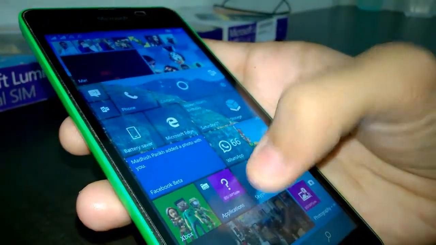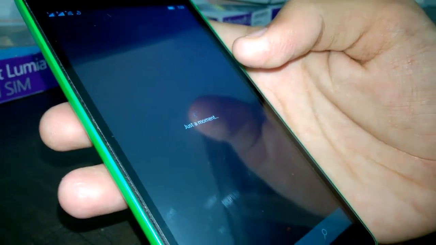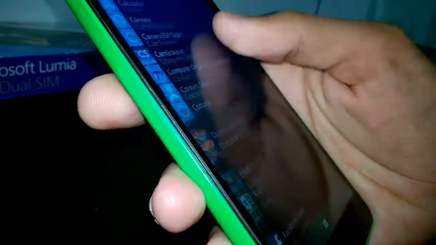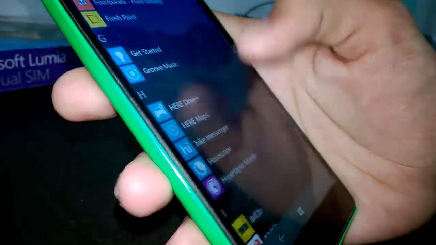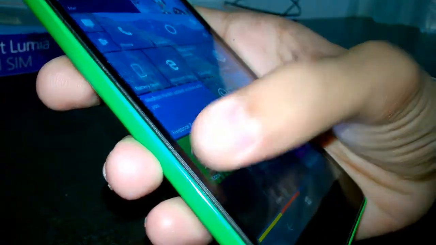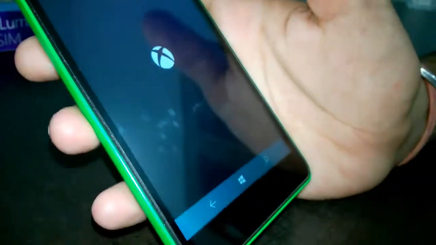This build also includes a new Skype video app. This is a new Skype universal app which is used for Skype calls. This build contains some new apps which are the contact support app, the get started app, so that you can know what you can do with this new release on your phone, and also an Xbox app which replaces the games app on your phone.